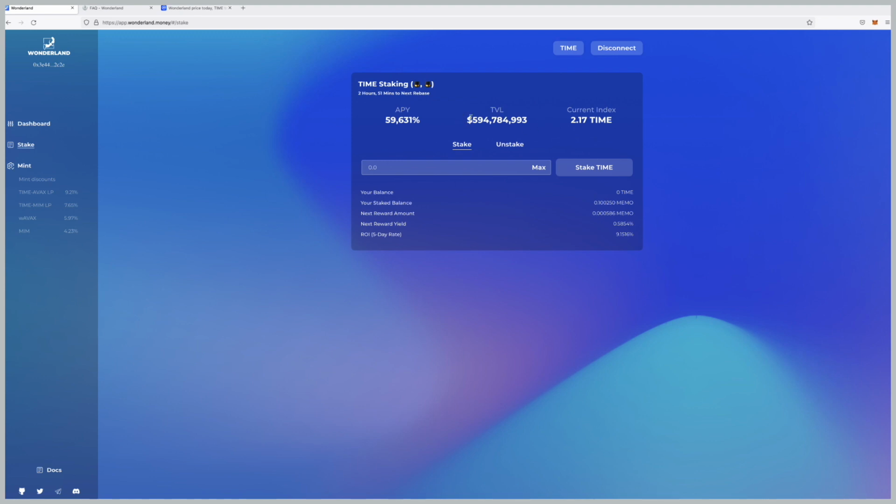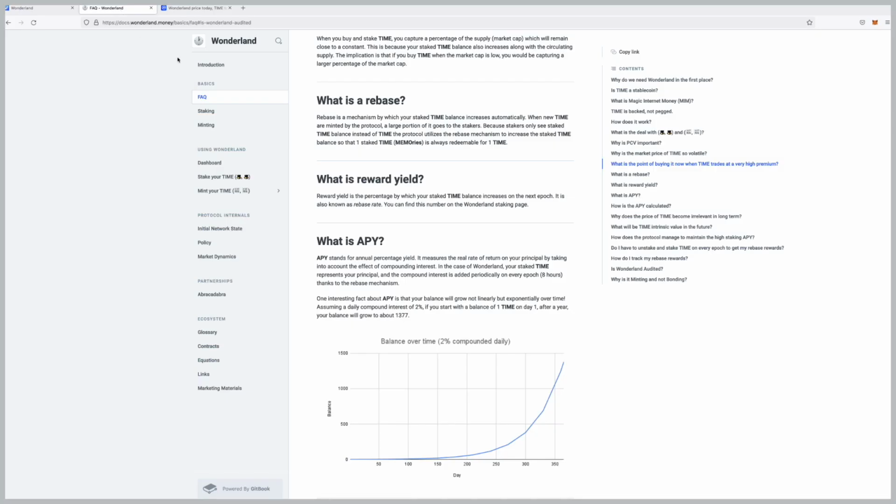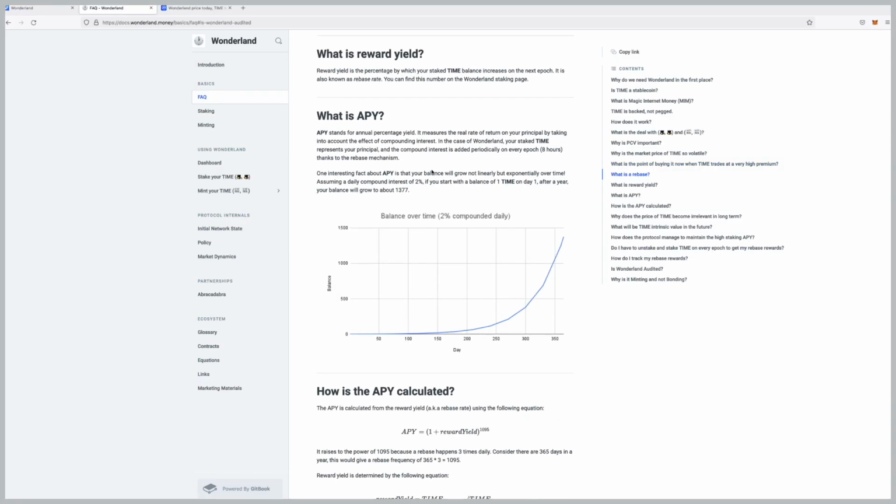What's TVL? It's basically the total value locked, and you can see here it's $594,784,993. The APY is 59,631, and we'll show you how to come up with this number because you're going to need it in your calculator. Before we go there,